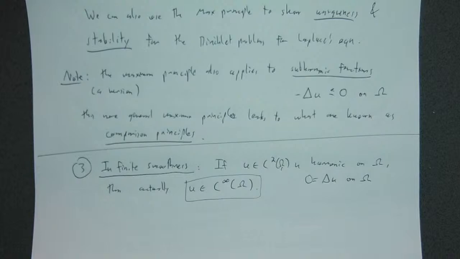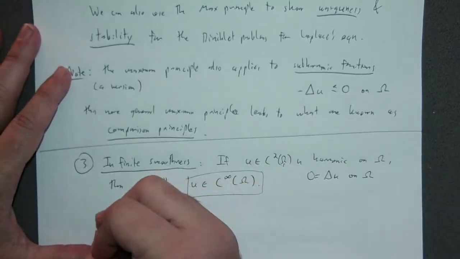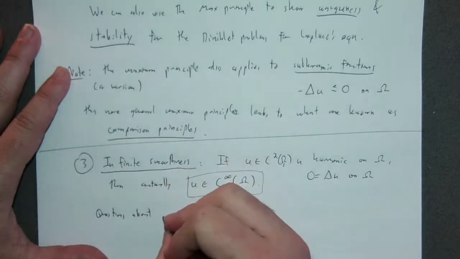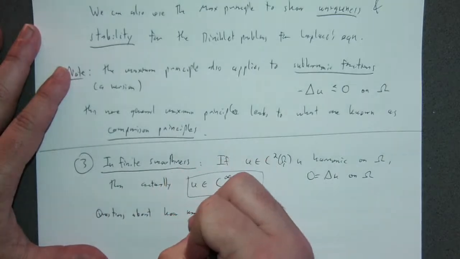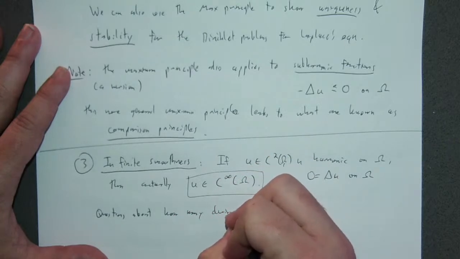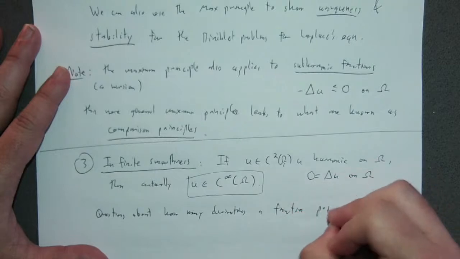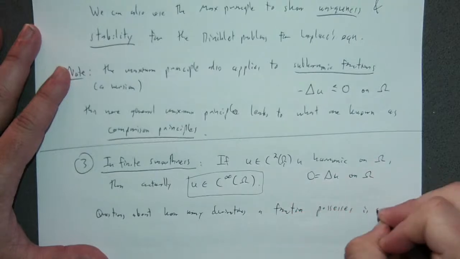So beginning with the assumption that our solution only has two continuous derivatives, the fact that it's harmonic instantly kicks it up to having infinitely many derivatives, as many derivatives as you want. It's got infinitely many continuous derivatives, so this is very, very nice. Questions about how many, if any, derivatives a function possesses is a question